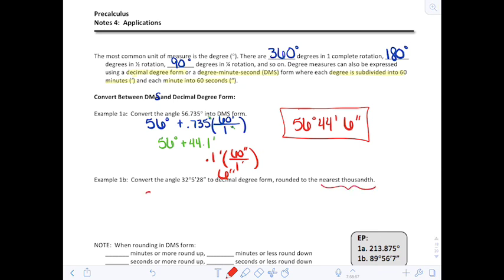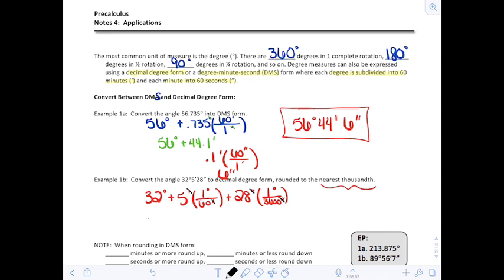So what we have is 32 full degrees, plus then we have 5 minutes. Well, we're going to take those 5 minutes and convert those to degrees. And I know that there are 60 minutes in every 1 degree. Then I'm also going to take the 28 seconds, and I know that there are 3,600 seconds in 1 degree as well. So this way, I know that my units are counting down, or canceling out,